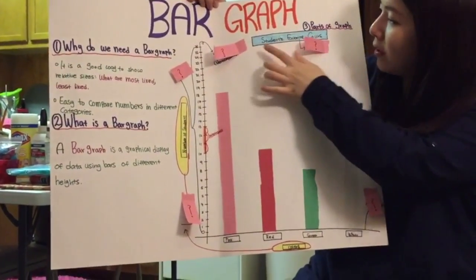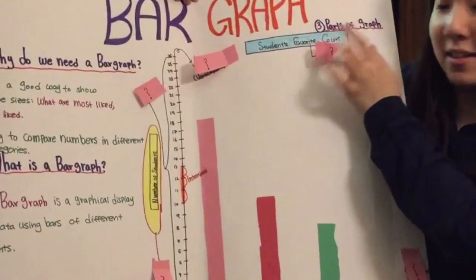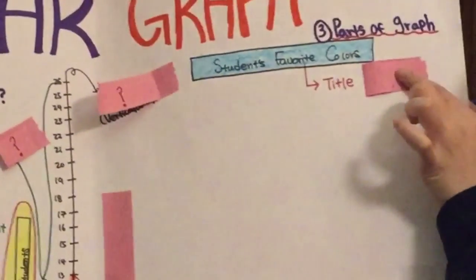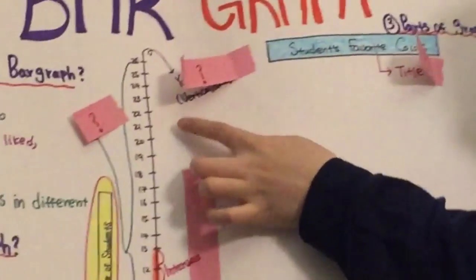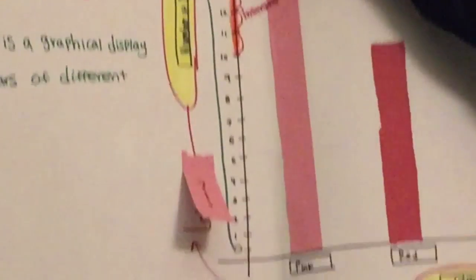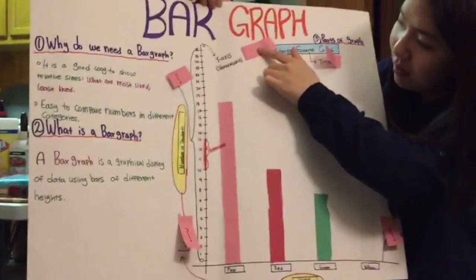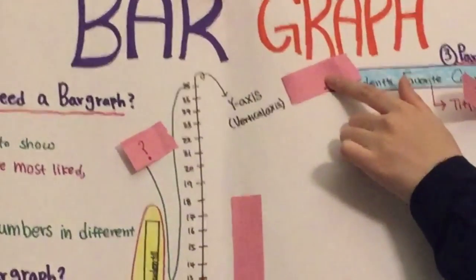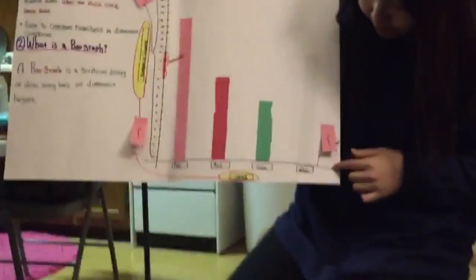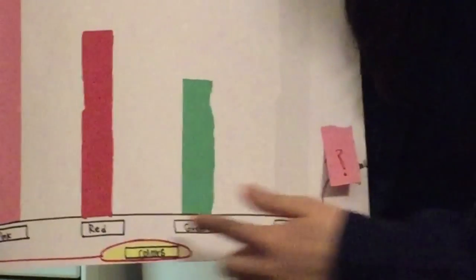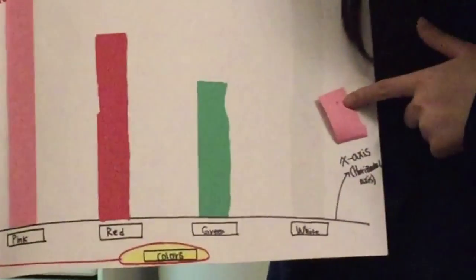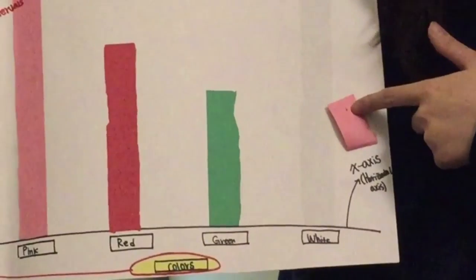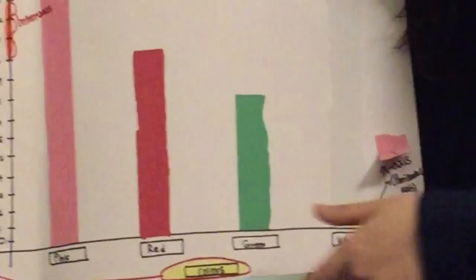So first here, the title is student favorite colors. When you open it, it says title. We write down titles. And here, this vertical line is called the y-axis. And down here, when you come down, this line is the x-axis, which is a horizontal line. And this,